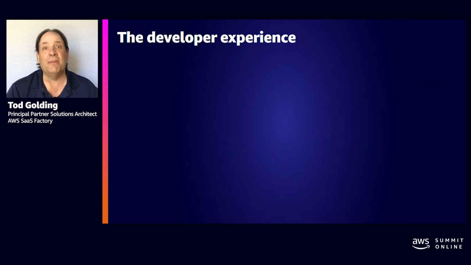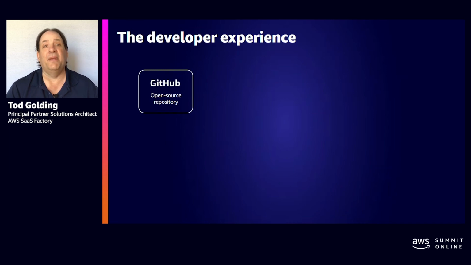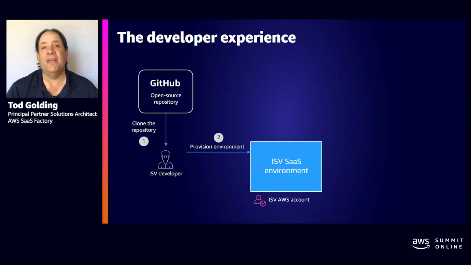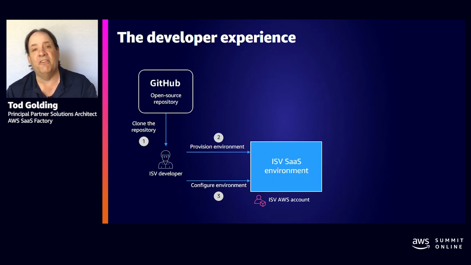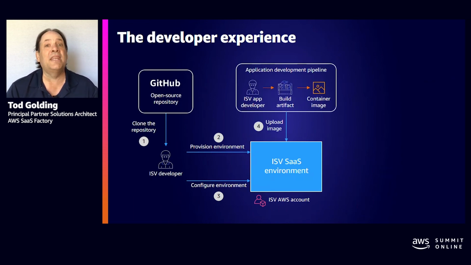Now, if you look at what the developer experience looks like, again, this is an open source solution. It's meant to have all the code in it. You can get it and modify it and do whatever you want with it. So you download that to your environment, and you then run an installation, which will set it all up in your AWS account. It'll provision all the resources you need, set up all the core infrastructure that's needed to run SaaS Boost, and then you go out and actually set up your application. So here you'll tell us what kind of app you have, what kind of database it uses, does it need a file system? You'll configure all the attributes of your application, and then you'll give us your application.